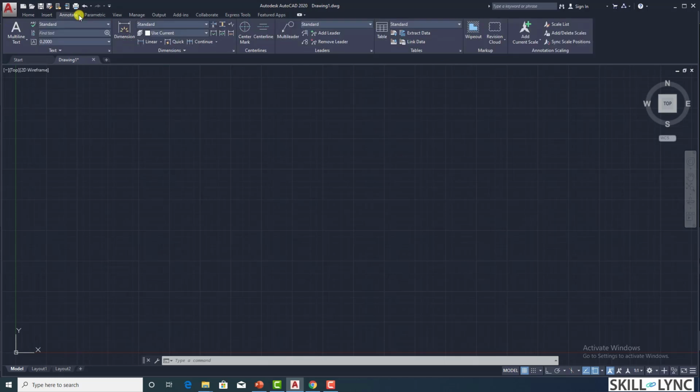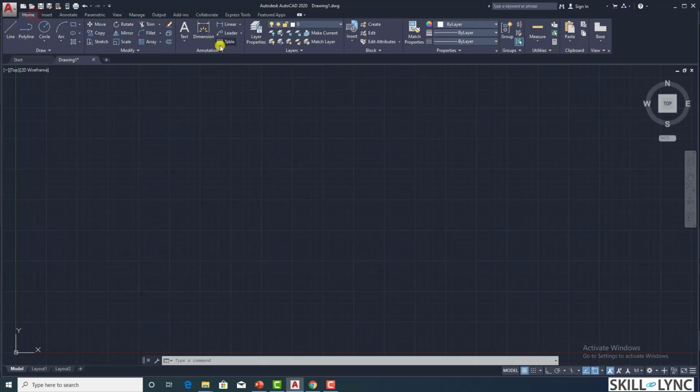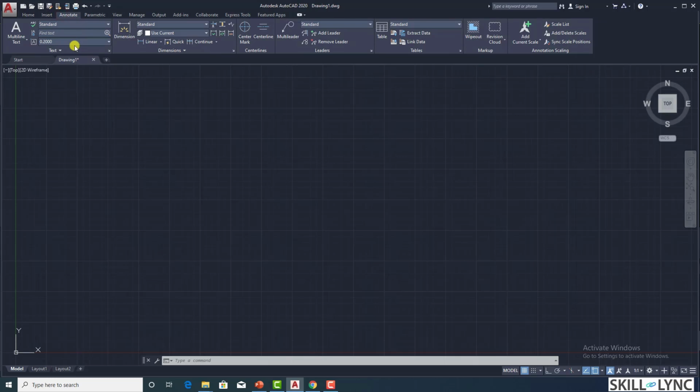And in the Annotate section, because in Home you do have the annotation, it's a basic one. In this you can specify each and every definition to it, and also you can mark the center lines, the specification of leaders, and writing in tables. This is very useful when you are printing it out in a layout format where you have to specify the table data and all, and then give out markup information and also specify the annotation scaling.